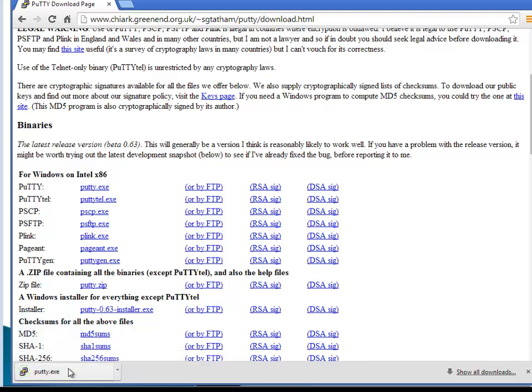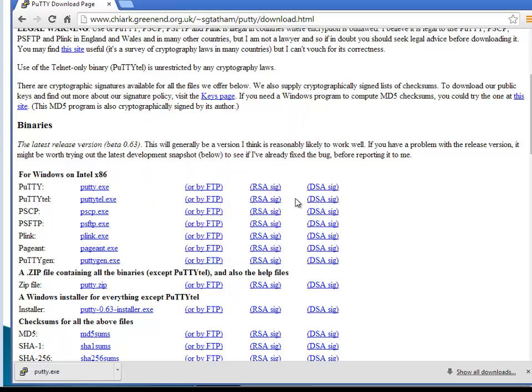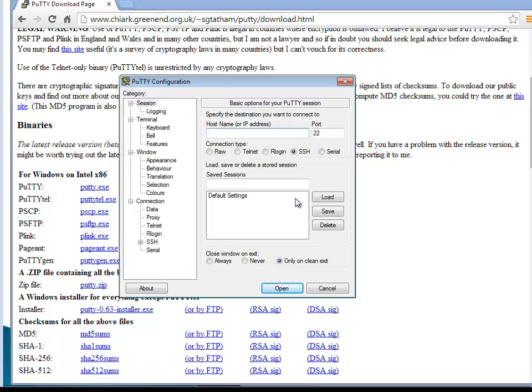It finished very quickly. When I click on it, I don't have to install it, it will just run. So click run, and here we have a terminal emulation application running. Now if you connect with the serial cable, you have to choose a serial port. COM1 is the default, and if you're using the integrated physical serial port, it's usually COM1. But if you're using a USB to serial converter, then COM1 is not the one. Usually it might be COM3 or COM4, so you have to go and check in